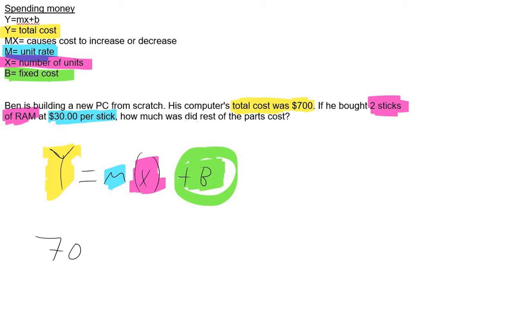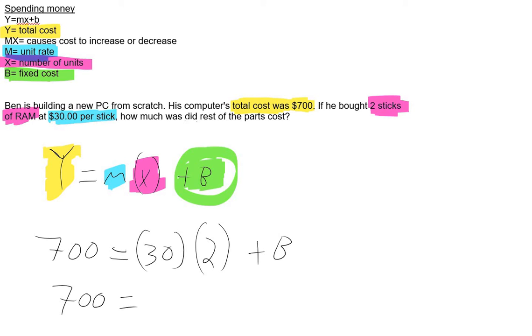So 700 equals 30 times 2, our input, plus B, our unknown variable. Then we can just go along and try to solve for B, which means that we want to figure out what these 2 terms are. Comes out to be 60. We want to do that first before we move it to the other side. It just makes life a little bit easier. Minus 60, minus 60. I'm going to write the answer here on the top right. And that's going to give us